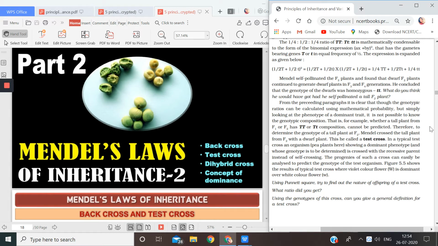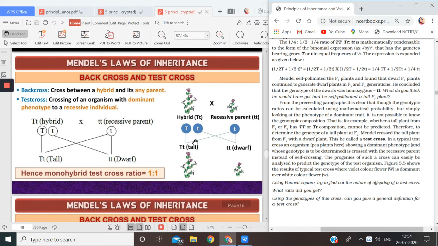So the answer to this question is, see, this is very important. The answer to this question is, therefore, to determine the genotype, to find out the genotype of a tall plant at F2 generation, Mendel crossed the tall plant from F2 with a dwarf plant. Mind it, what did Mendel do? You can see here, Mendel crossed a tall plant from the F2 generation with a dwarf plant, and this type of cross is known as